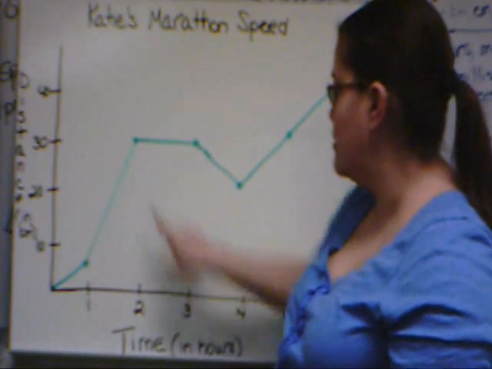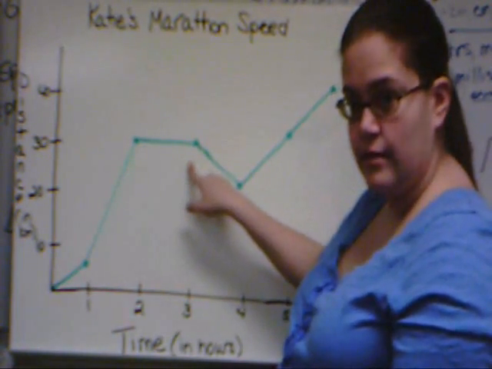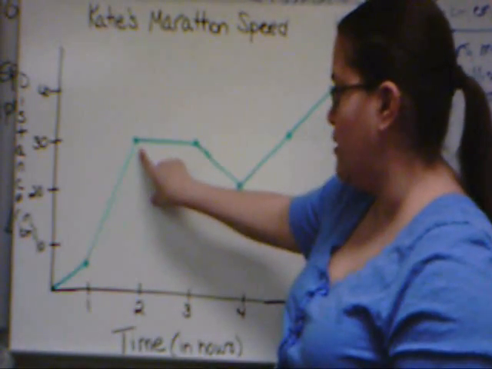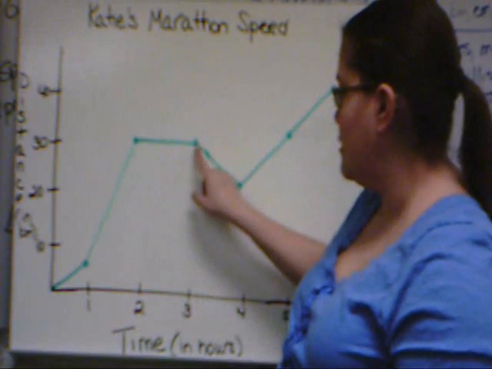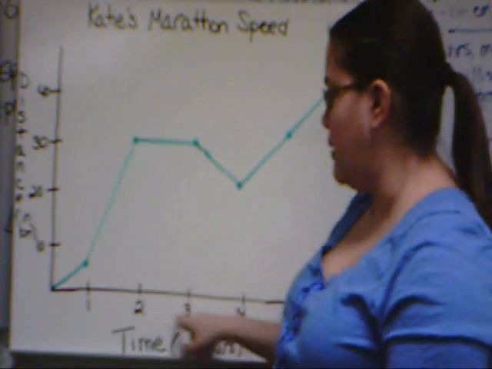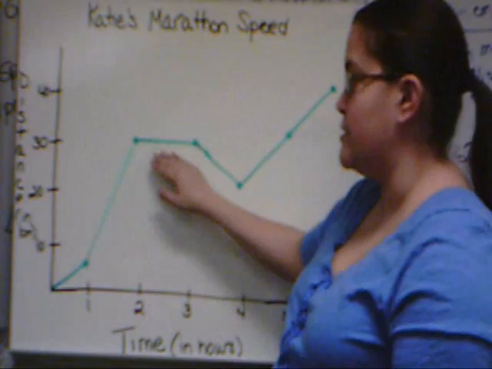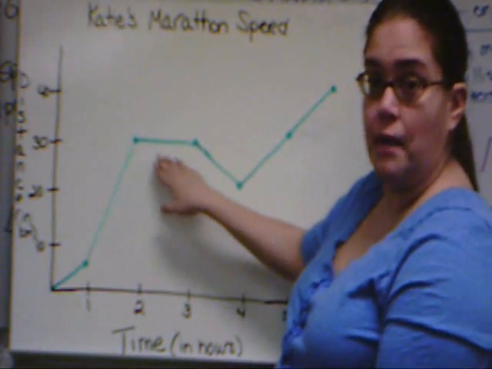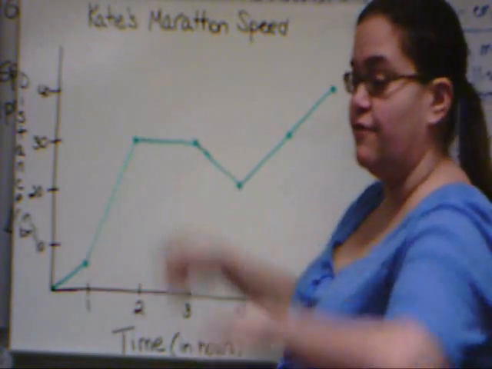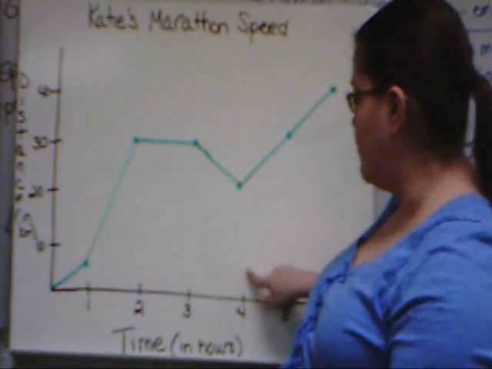From hours 2 to 3, in this third hour, her line is flat. So what does that mean? At hour 2 she had covered 30 kilometers, and at hour 3 she covered 30 kilometers, so nothing happened in this time. An hour went by, but she's not covering any new ground, so she stopped. Maybe she twisted her ankle or had to wait in line for the bathroom or something, I'm not sure, but she stopped here. For this hour, she didn't cover any new ground. So the flat line means that she stopped. Between hours 3 and